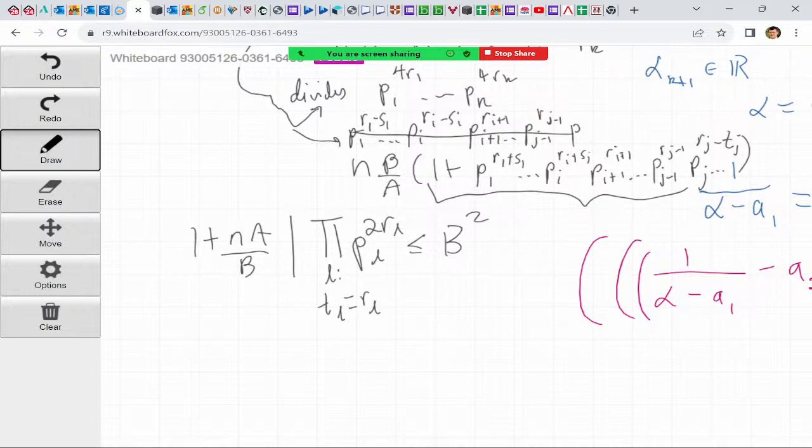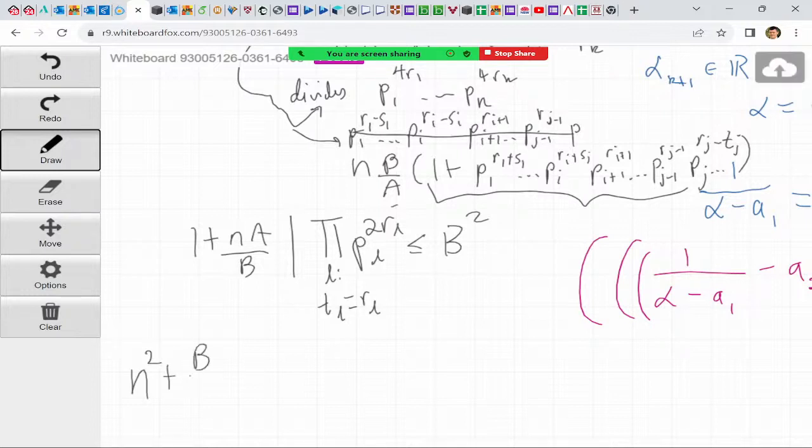So what's N times B over A times 1 plus this? You could think of this as Tl, remember Rl equals Tl. Originally we had N squared plus